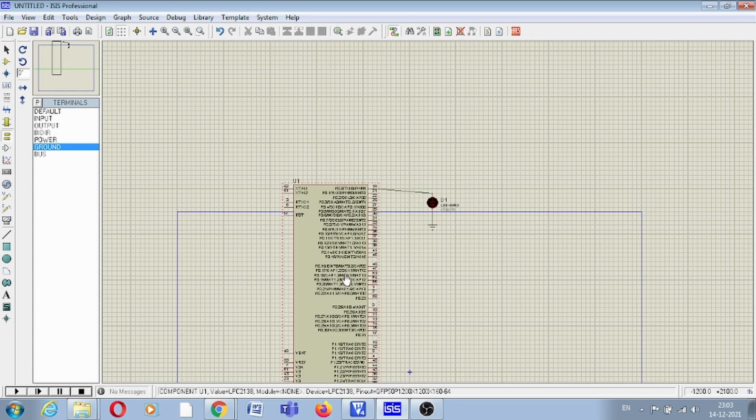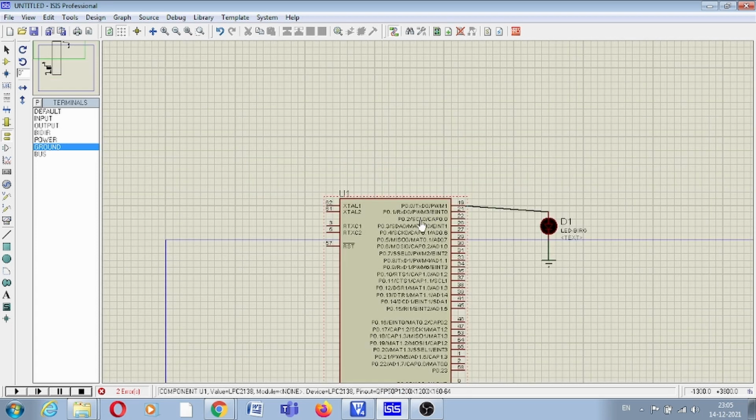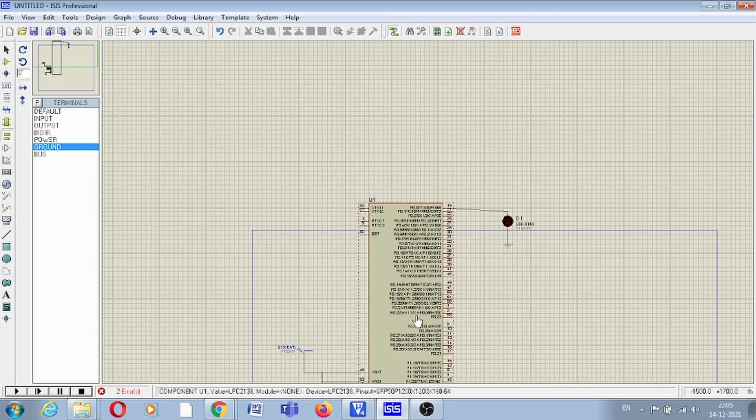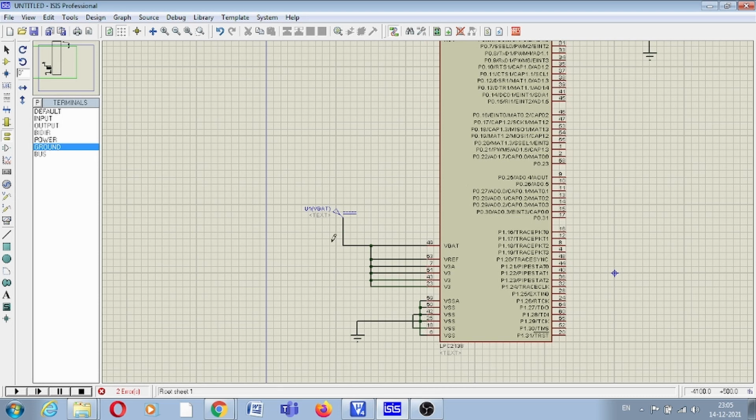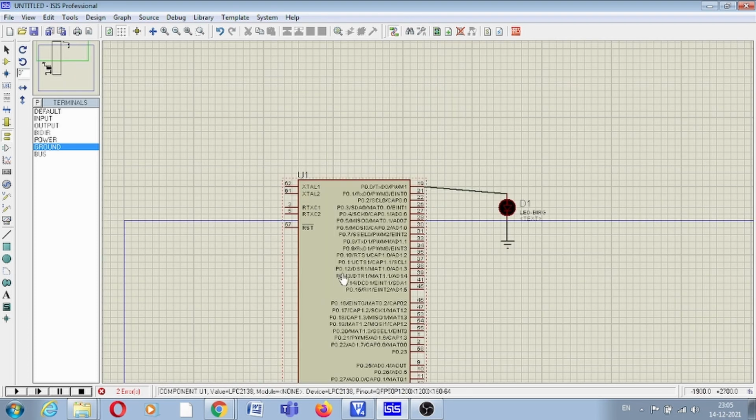Now let us connect the other circuitry. This is how our total circuit will look. Here you can see only one LED is connected with P0.0, and you have to connect 3.3 volts with these pins and ground with these VSS pins. So this will be our final circuit.